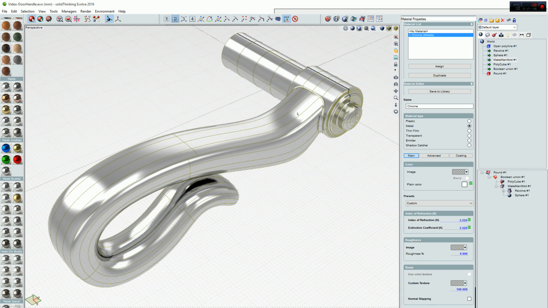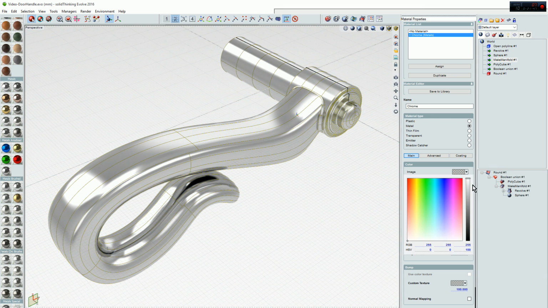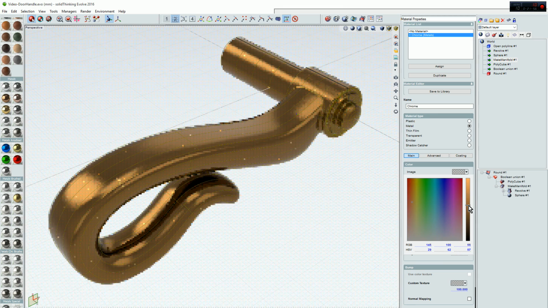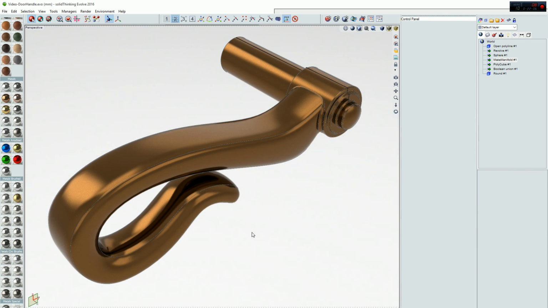door handle. Maybe it's not so good having this kind of material, so we can just go here and change the color. For example, something more brownish, like this. We can simulate bronze in this way, and this looks much nicer, isn't it? So this is our finished